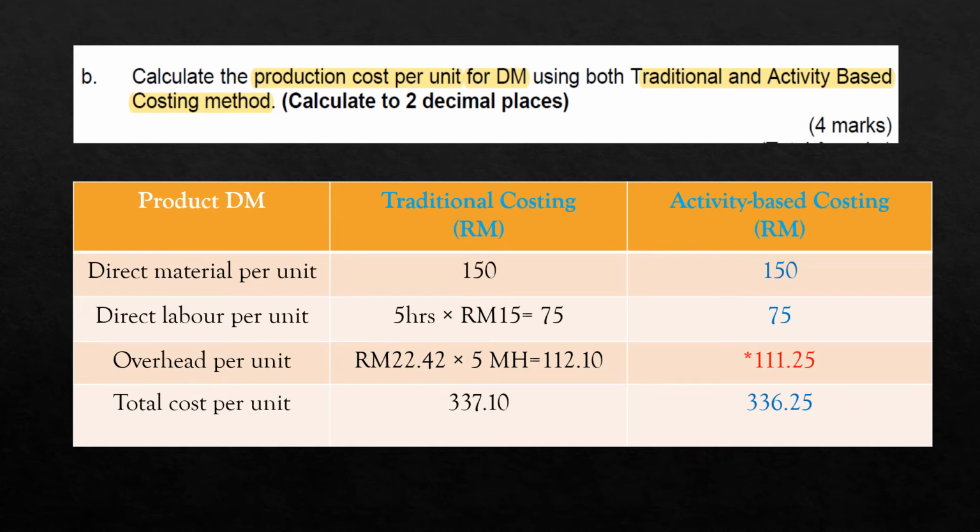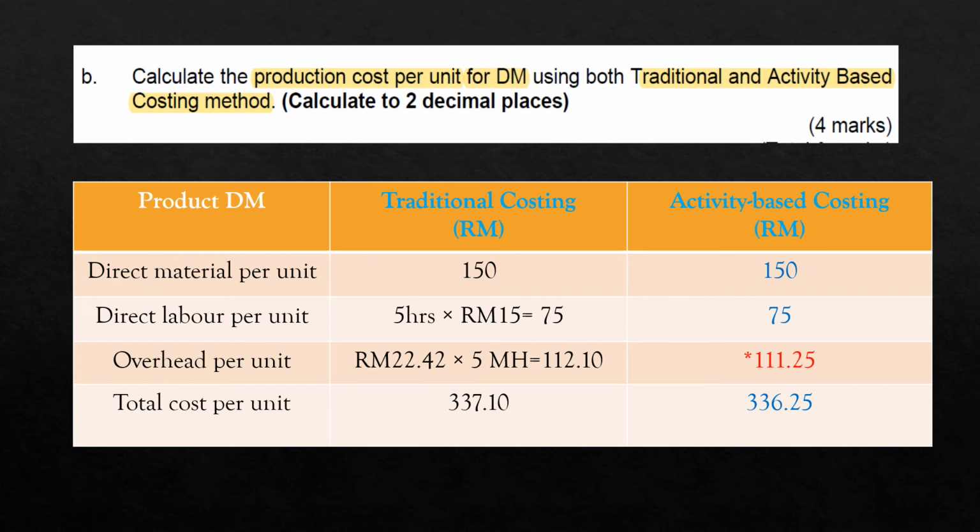This is the overhead absorption rate that we have calculated in question A. Then you need to multiply it by the basis used. So the basis used for the traditional costing method is machine hour. And if you refer to the table in the third paragraph, there are 5 machine hours for product DM. So 22 ringgit 42 cents multiplied by 5 machine hours is equal to